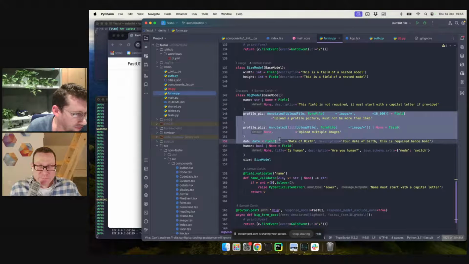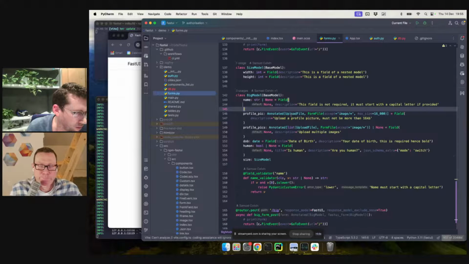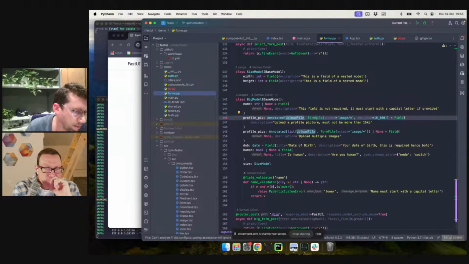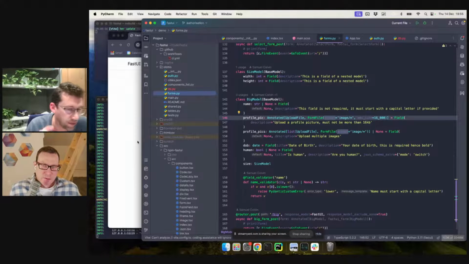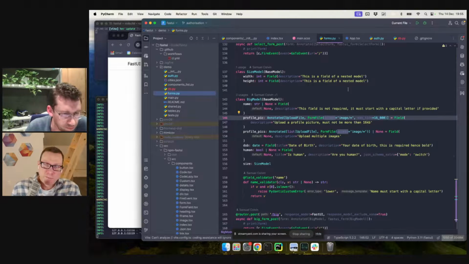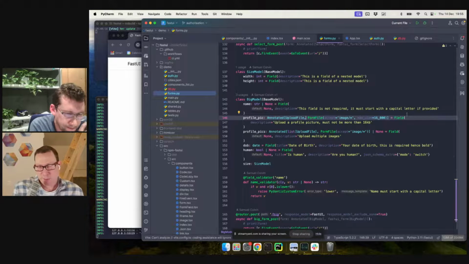Yeah, and then you'll see in uploads we have some quite powerful things we can do here. So we use the upload file, which is a Starlette type, but we can also annotate it with form file, which takes two optional arguments of what accept to apply. So that will both in the browser, when you choose the file browse dialog, it'll tell you what to select. So for people listening, you have the MIME type set, not like an extension, but you have image/star, which means image/JPEG, PNG, WebP, etc. Right, and that's understood by the browser, and then by the OS to let you select files.